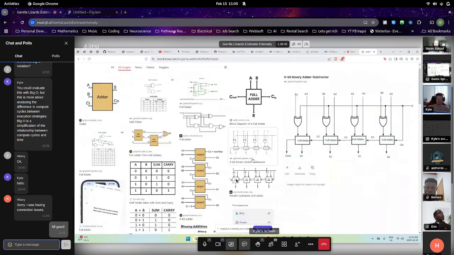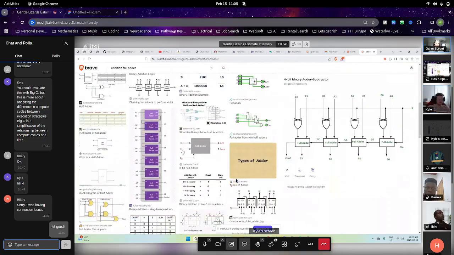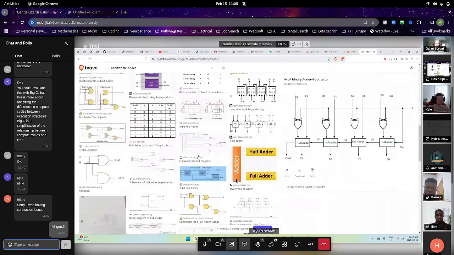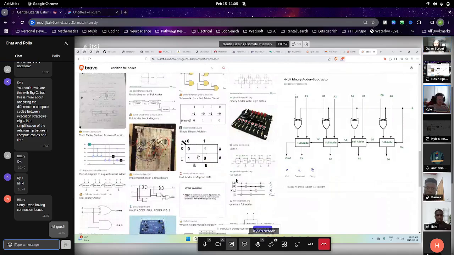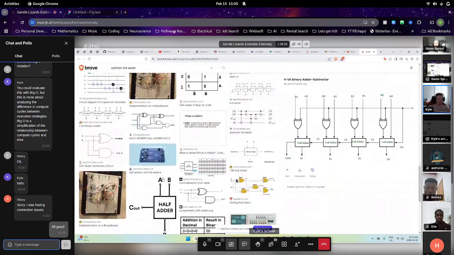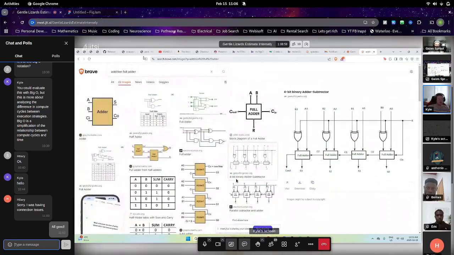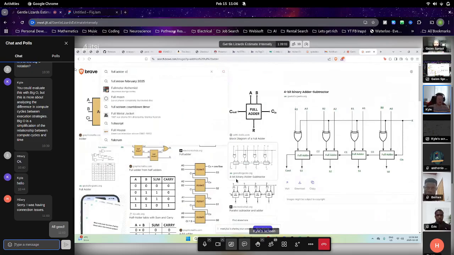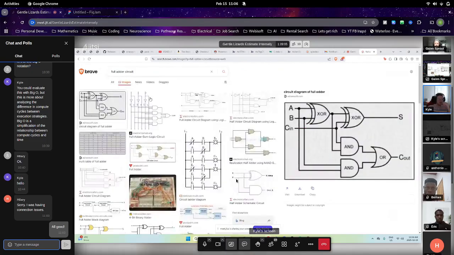No, that's not it. It's a bunch of ANDs. Yeah, we had to make this circuit in school, and that's why I remember it. But give me a second. There it is.